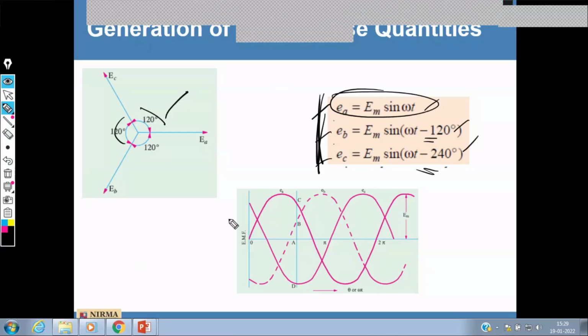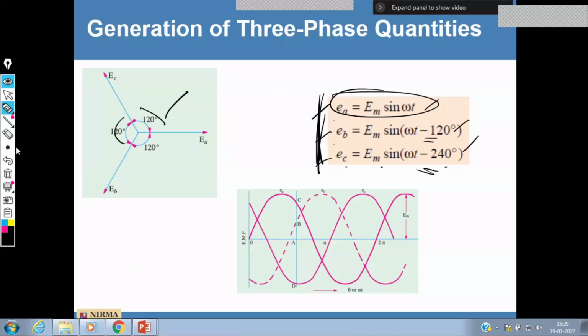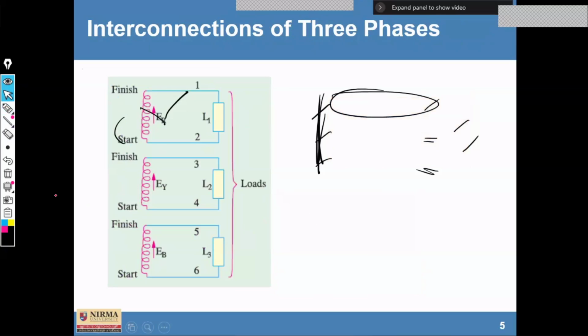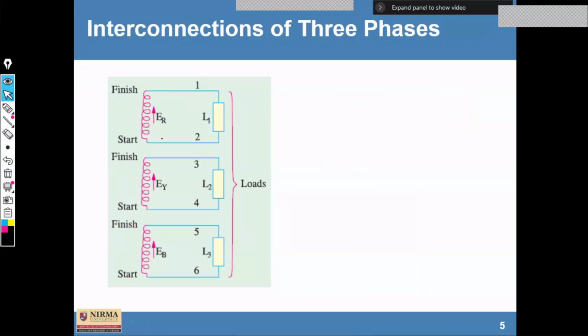Okay, sorry students. So this way we can have these different types of equations that we can write. Now, as I already conveyed, what are the benefits of these interconnections? By making interconnections, we can save the wire material which is used. Fine. So these are three single-phase wire systems which can be connected either in star or connected in delta,